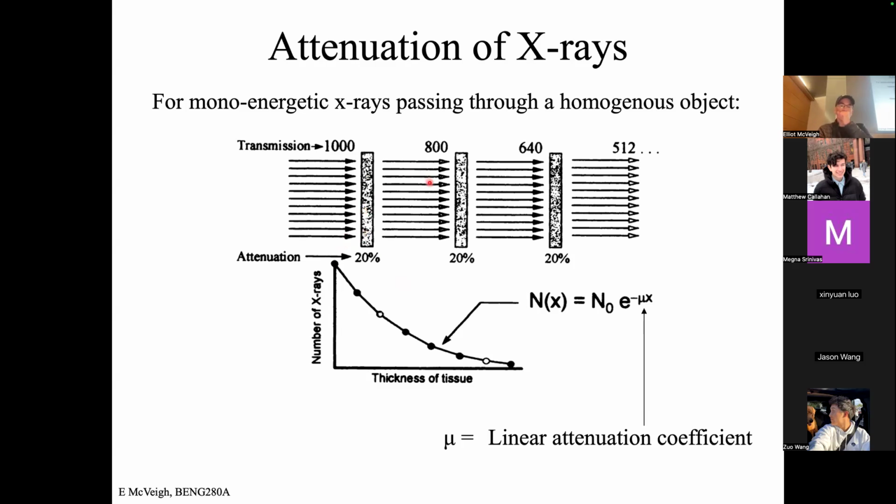Then I've got 800 coming out here, so I'll put another 1 centimeter thing here. Again, 20%, the probability stays constant. So the probability of interaction is 20%. That gives me 640 coming out, right? Again, put it in there. 20% of that coming out the back end is 512. Okay. If you plot those numbers, right, 1,000, 800, 640, 512, and you just take a look at that curve,